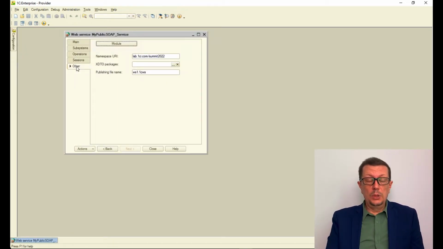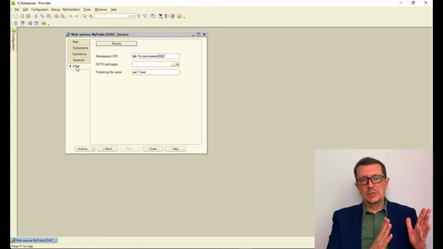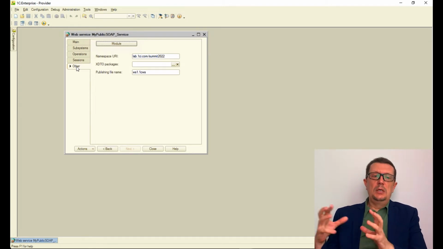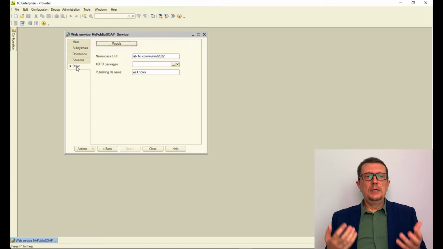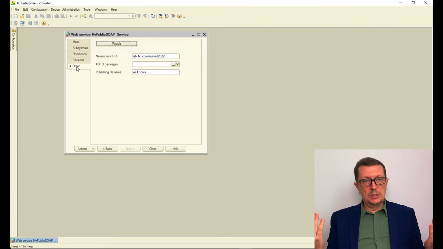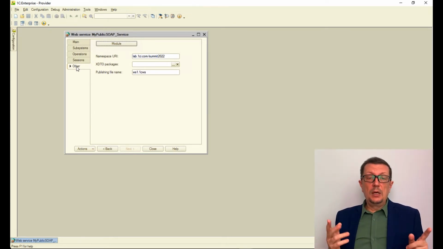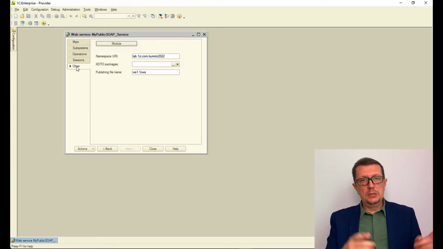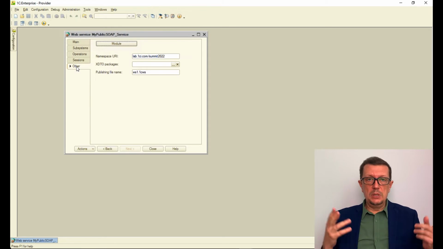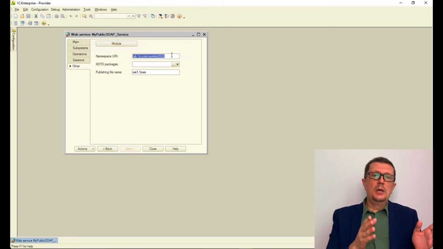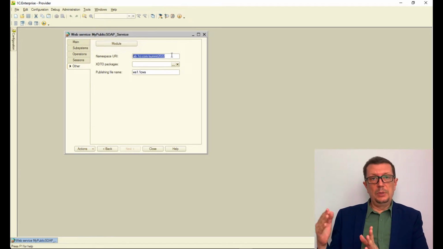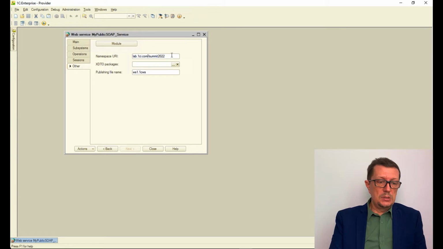The first thing you will need to take into account when implementing web services is called namespace. Namespace is basically a prefix for all the names you will be using inside of your service. The system is distributed. It lives on the internet, together with many other systems. If there are two procedures with the same name, you need a way to tell the difference between different services, and this namespace is just that difference. Usually you use your domain name, because your domain name is unique. This prefix will guarantee the uniqueness of all the names that you use after that. And in this case, I used my domain,